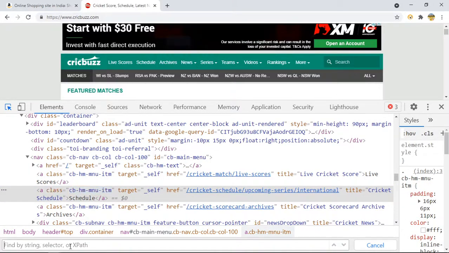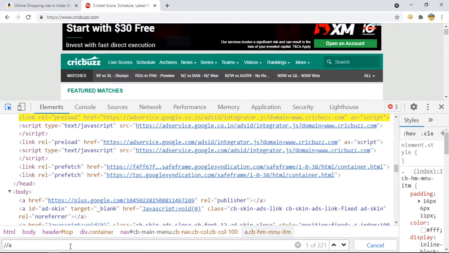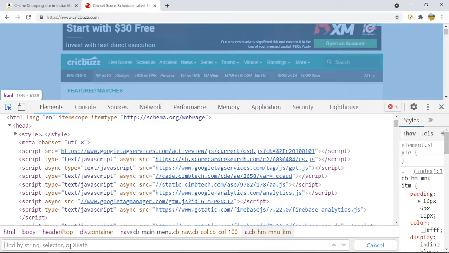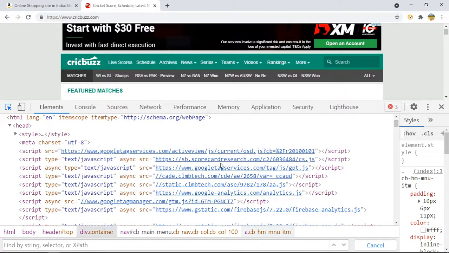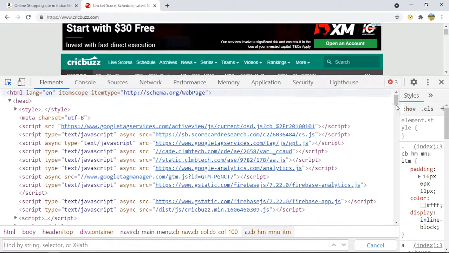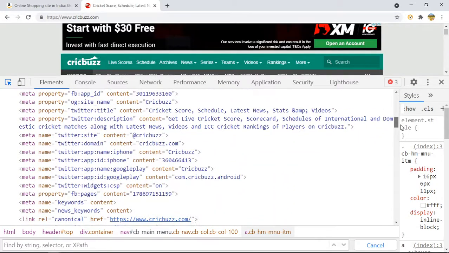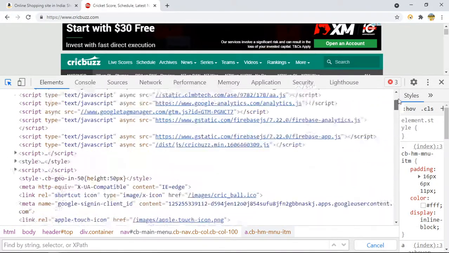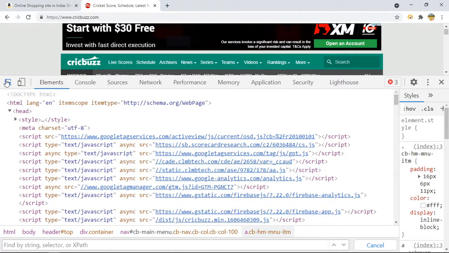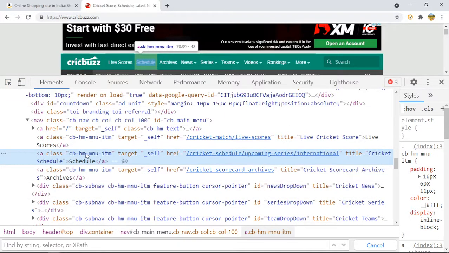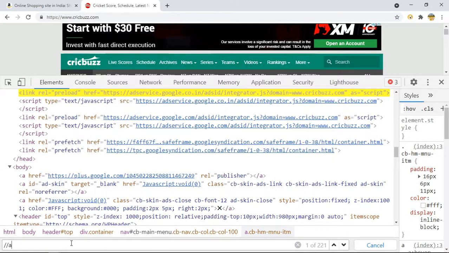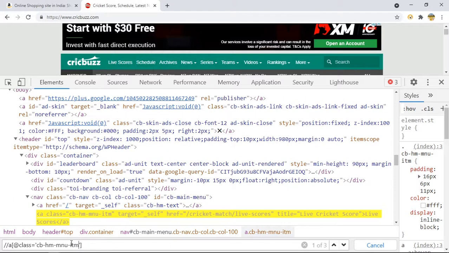If I copy this and write one XPath, here we are getting three matching nodes, right?